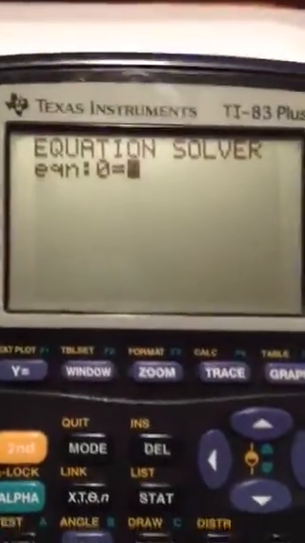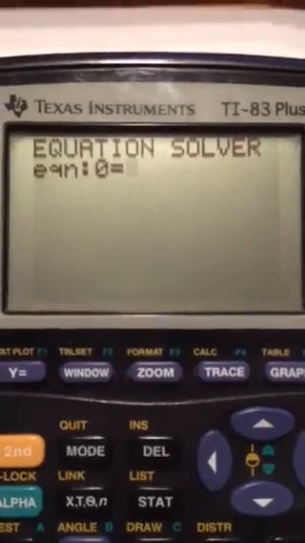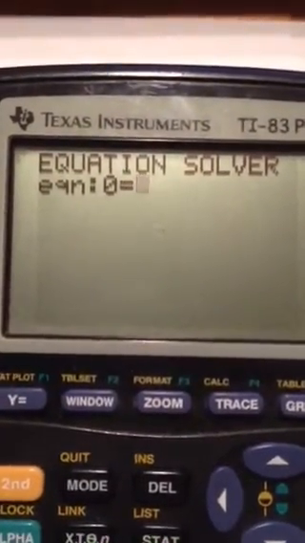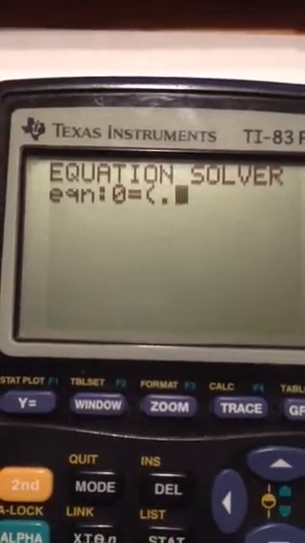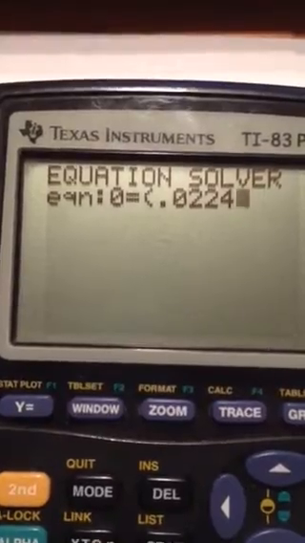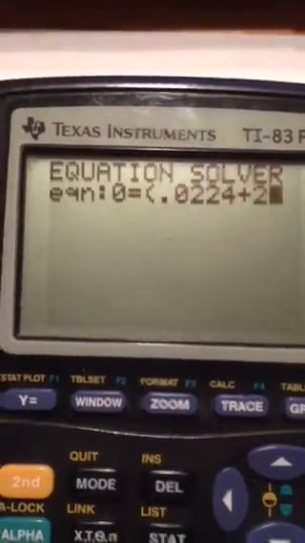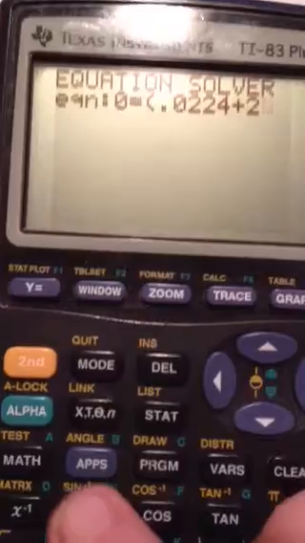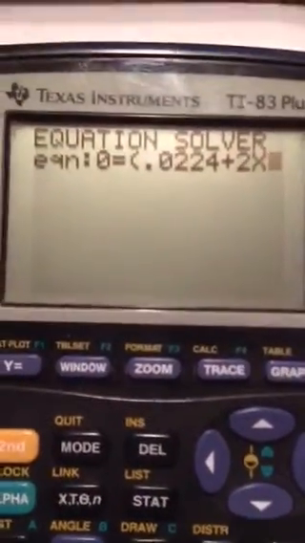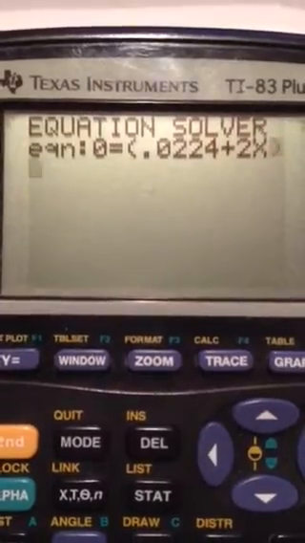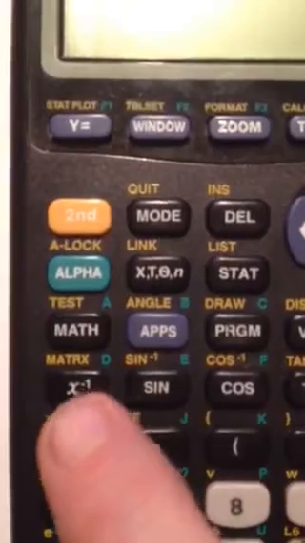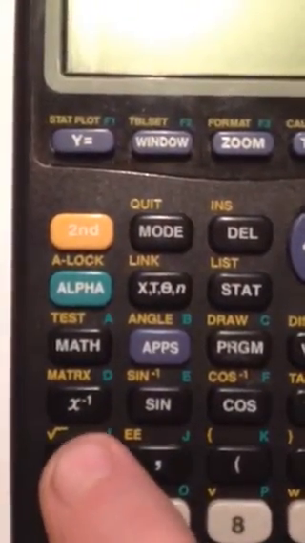So as you type things in here, it's important to follow order of operations, which means basically we need parentheses in the proper locations. We're going to open parentheses, 0.0224 plus 2x. Now the x is going to be this X,T,theta,n button. That's basically just the variable. Close the parentheses and square it. To square it, it's just this x squared button